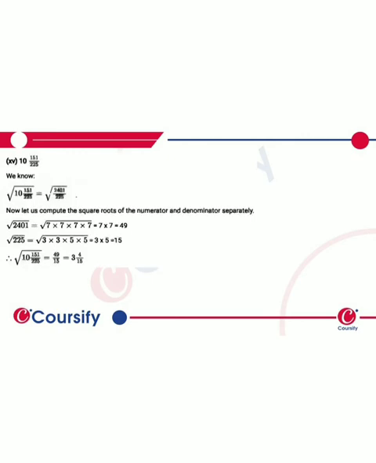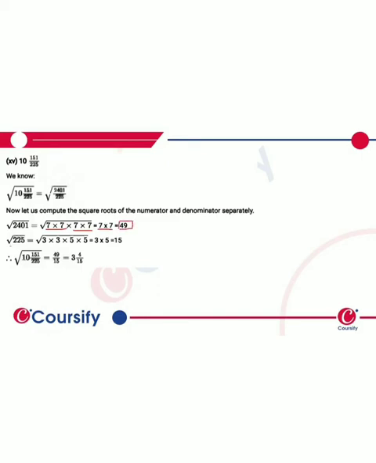The last part, that is 210 of 151 upon 225. So 225 into 10 plus 151 gives us 2401 upon 225. So solving numerator and denominator separately by prime factorization, the prime factors of 2401 are 7 into 7 into 7 into 7. So we'll form the pairs, this one pair and another pair. So there are 2 pairs of 7, so we'll take 7 common out, so this becomes 7 into 7, which is equal to 49.